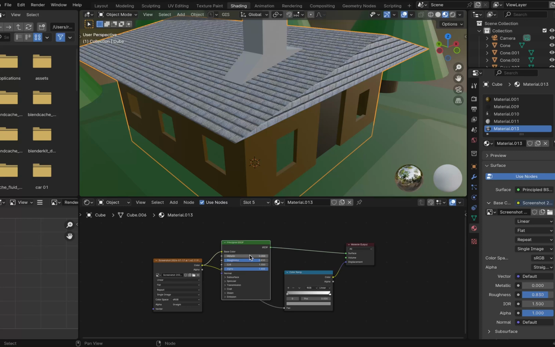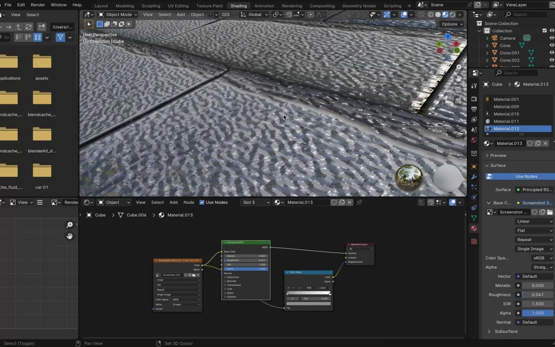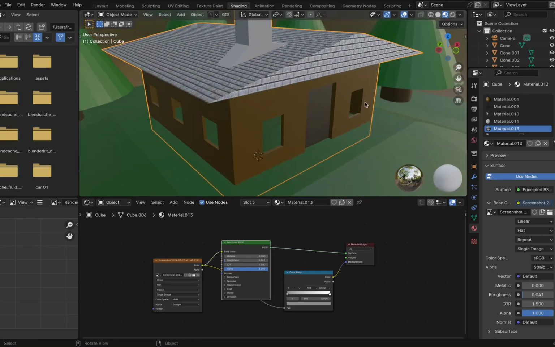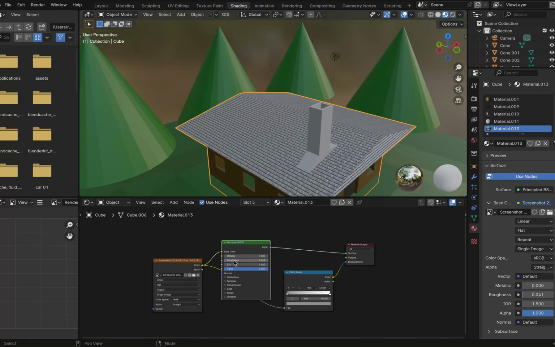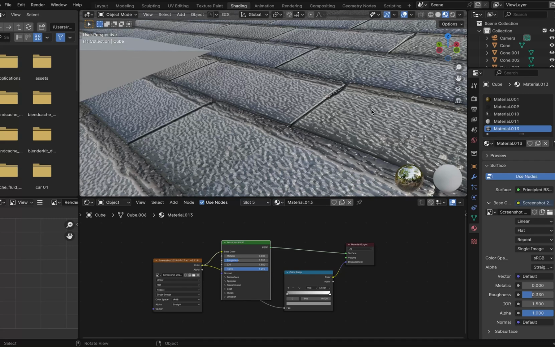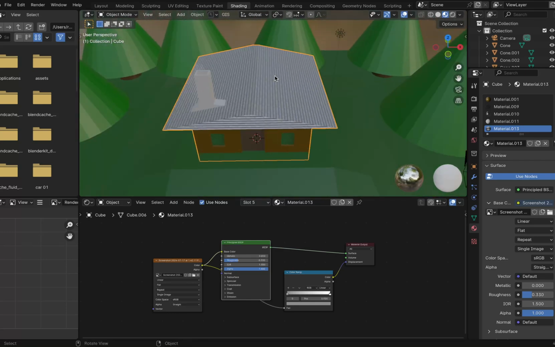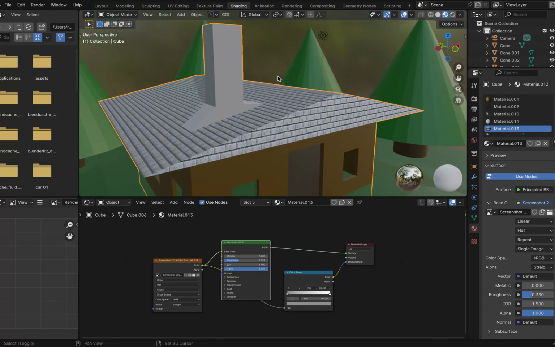So what you can rather do is just turn the roughness up. If I turn the roughness down, you can see this much more clearly. And that actually looks good, so I'm going to leave the roughness down. Whatever looks better. I'd say a roughness about 0.3 looks good. The reason it looks good is because all the light can reflect into the roof tiles and it looks like it's just rough, like bumpy, but it's actually reflections. So you'll have to play with values.